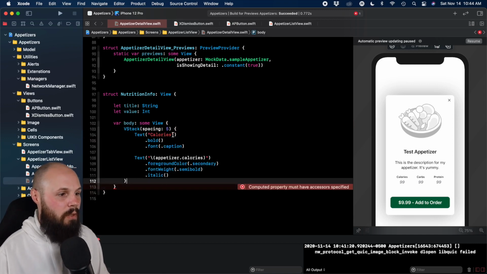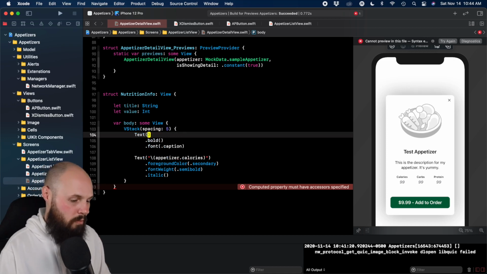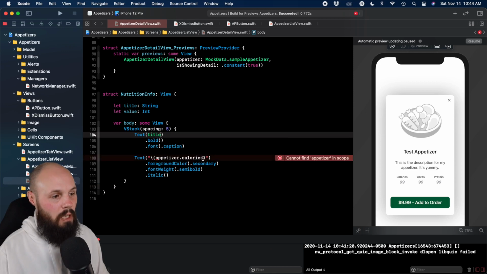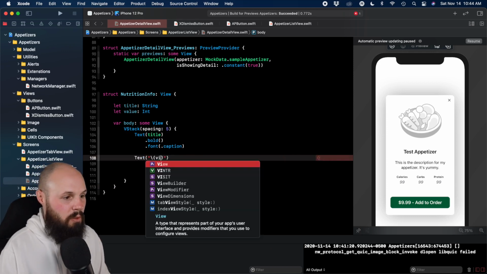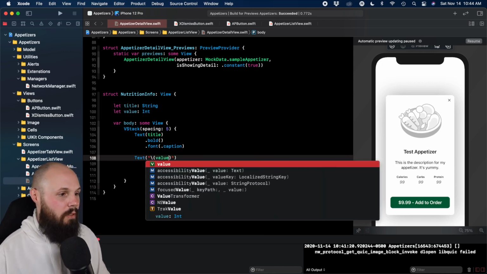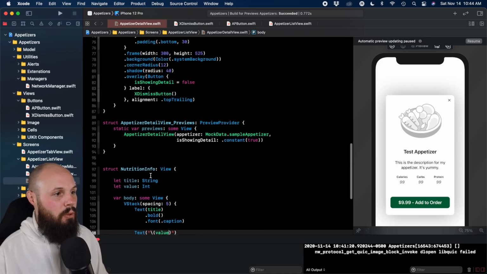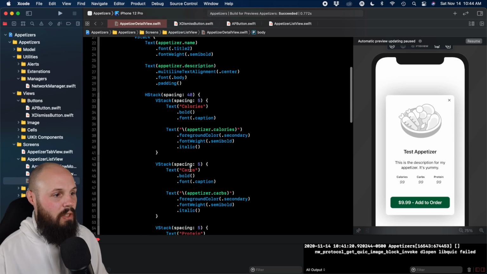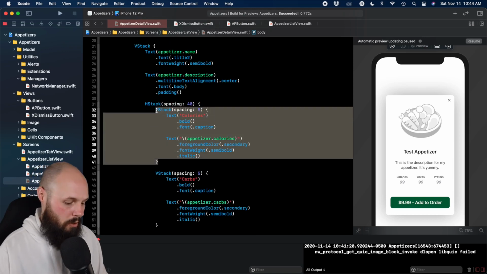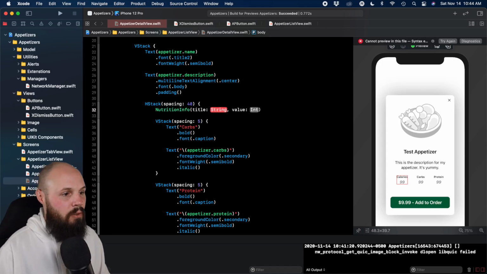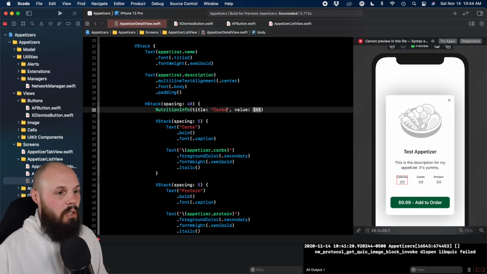Okay, so instead of calories, I want title, right? So whatever we pass in. And then here's where we're doing that string interpolation. So it's expecting an Int, so we'll just pass in value there, right? So title and value. And now let's go up to our HStack. And instead of having 3 VStacks here, we can do NutritionInfo. And you can see that's going to take in a title and a value. And the title is going to be carbs, and the value